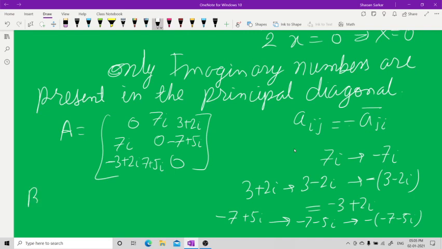Also, you may write another matrix like this. Instead of 0, you can write 2i, 5i, or a 0 here, or a 7i, whatever. The rest you can fill the way I have filled it. You may write here 3 plus 2i, so that will become minus 3 plus 2i. Now this is 7i, so this will also become 7i. Now this is minus 7 plus 5i, so this will become 7 plus 5i. This is exactly the way we write skew Hermitian matrices.